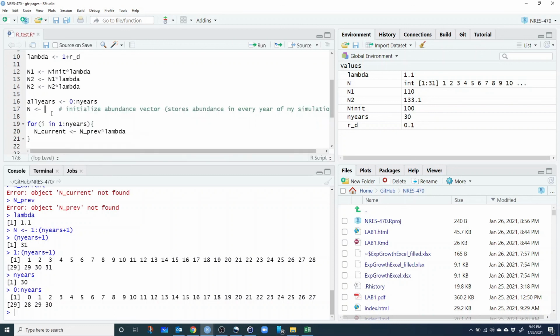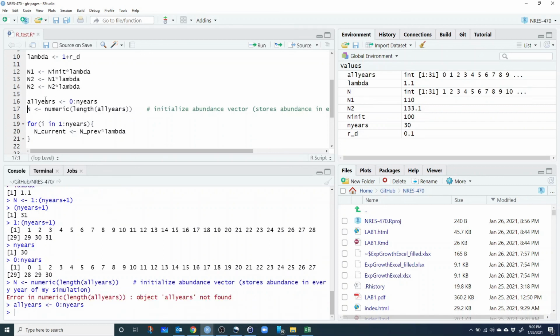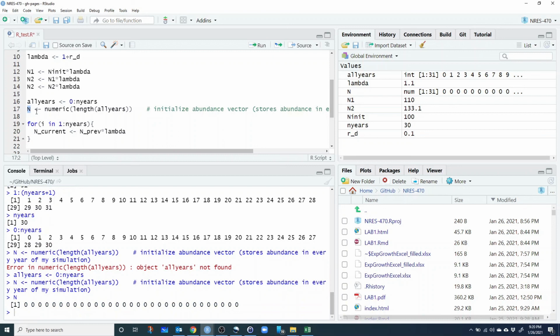All right, and so the way to do that, I'm going to use this function called numeric, and that numeric is going to have the same length or number of elements as all years. So let me run that line. I'm going to do Control Enter to run that line, although I didn't define that. I'm going to have to run both of those lines, obviously. And once I've done that, I have this vector n that is all zeros from year 0 all the way